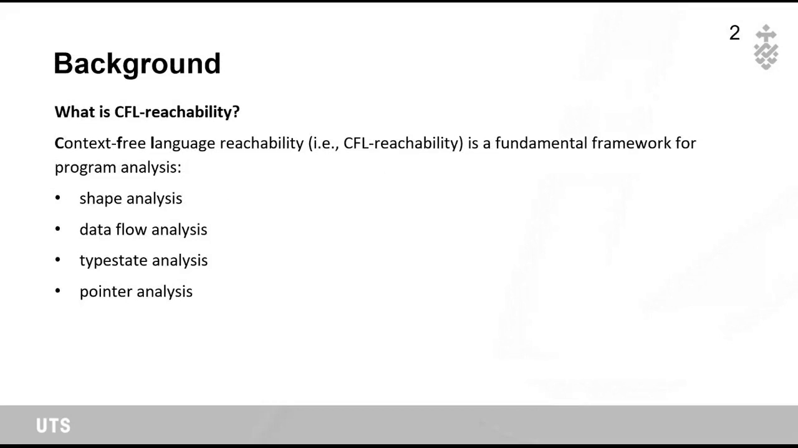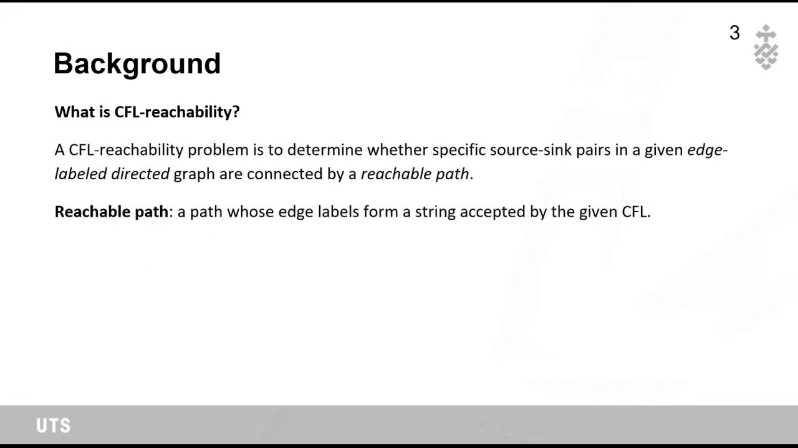Context-free language reachability, also called CFL-reachability, is a fundamental framework for program analysis. It has been widely used in shape analysis, data flow analysis, type state analysis, pointer analysis, and so on. A CFL-reachability problem is to determine whether specific source-sink pairs in a given edge-labeled directed graph are connected by a reachable path. Here, a reachable path is a path whose edge labels form a string, which is accepted by the